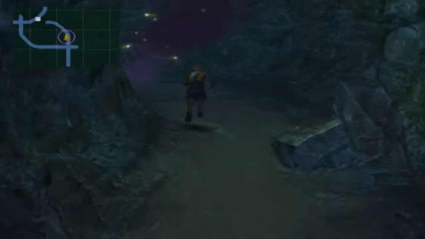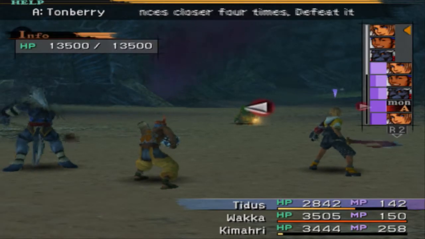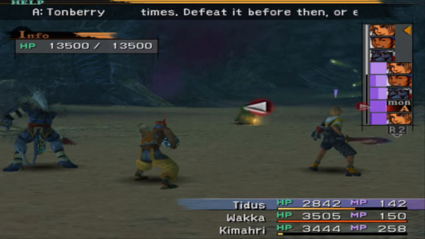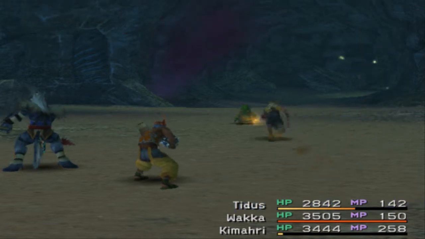So now we got another fork in the road. Let's start off by going this way, because as you can see, that's the dead end, and as we all know, dead ends always contain treasure. Here we have Tonberry. Tonberries are always interesting,